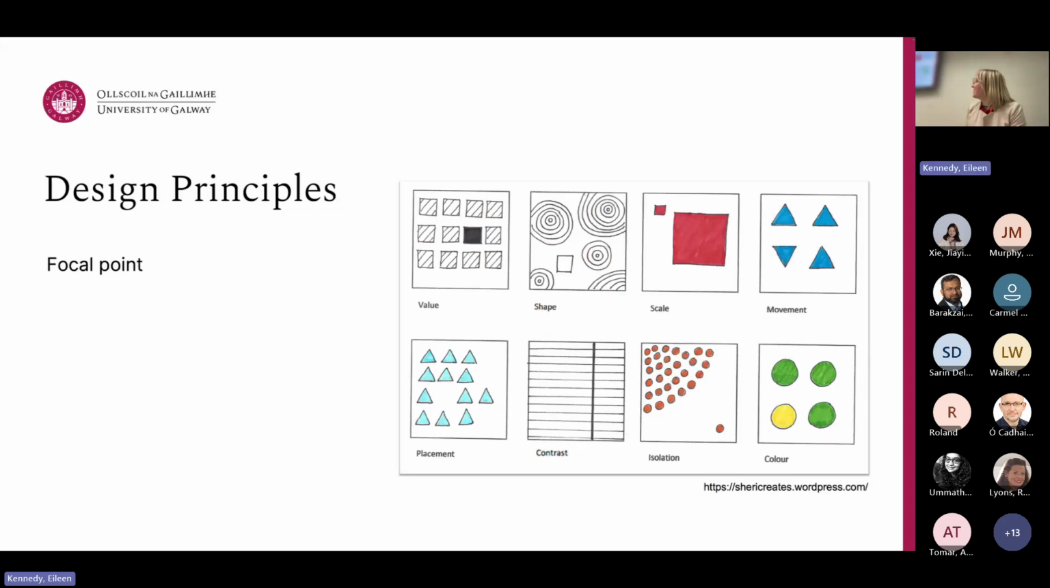And then the focal point. So there's lots of different ways that you can draw people's eyes to one central focal point. You can do it using value, which is brightness or darkness. Use it with shape, so one shape that stands out from all the rest. Scale, something bigger or smaller. Movement, so things facing different directions. Placement, putting something out of the pattern, like with that little ant in the Road Not Taken book cover. Contrast, having something that just sort of pops out differently. Isolation, that's using the negative space on something,